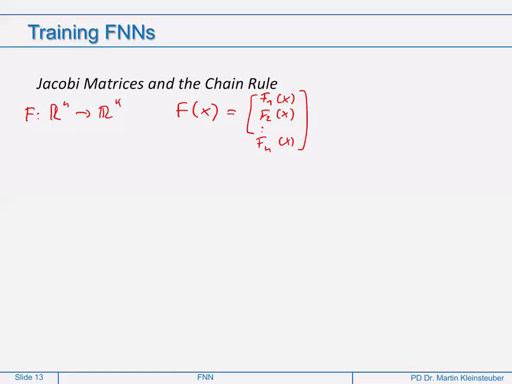And if f is differentiable, which we assume here, so that everything is well defined, then the Jacobi matrix, which I call Jf, depends on some point x. In fact, it's the linearization of your function at that point x. So it's a matrix of the dimension